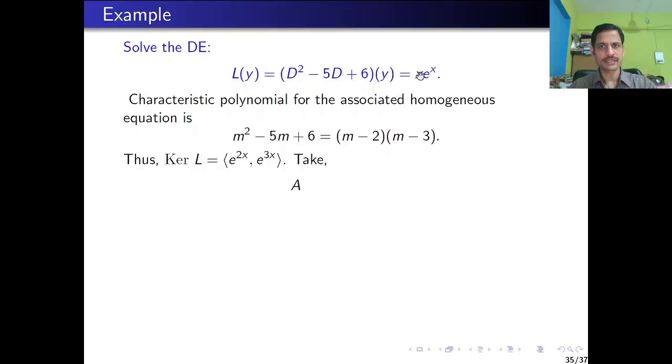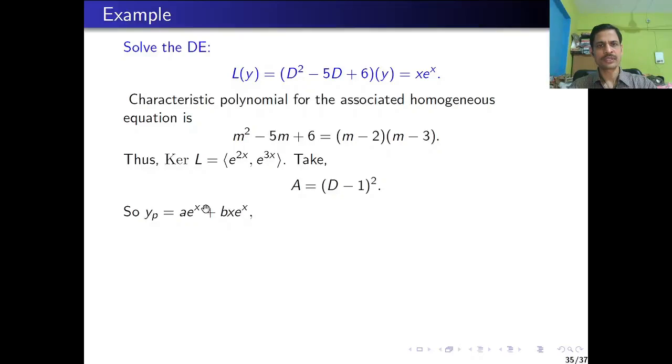and the annihilator suggested by the Rx is (D minus 1) whole square. This will annihilate the Rx. So we note that we remove the solution of Ly equal to 0 from the solution of ALy equal to 0, and that gives us the yp to be equal to a e raised to x plus bx e raised to x,